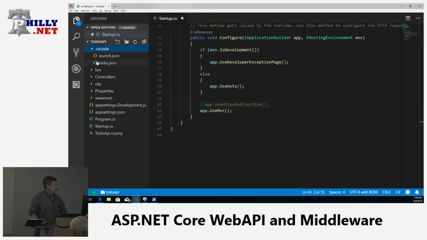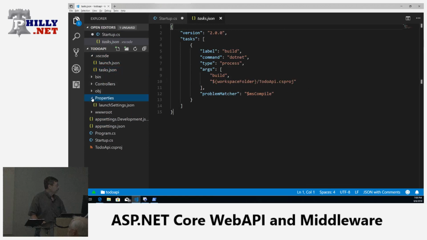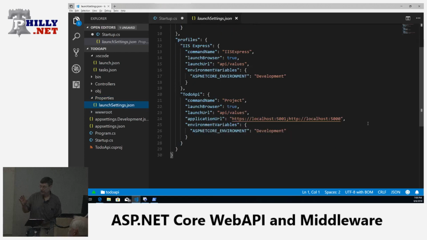So you might be wondering where that stuff is. And it's in, not there, it's in properties, launch settings, sorry. You don't have to look here if you don't want to. But basically, the way this works, you can see right here, it's got the application URL. We'll play with this a little later, but it's got both of them in there. So it's got the HTTPS for 5001 and HTTP. That's how it knows how to redirect to 5001. But if we just take out that one line, it ignores everything and just goes to where you want it to go. So now, if you do run and hit F5,